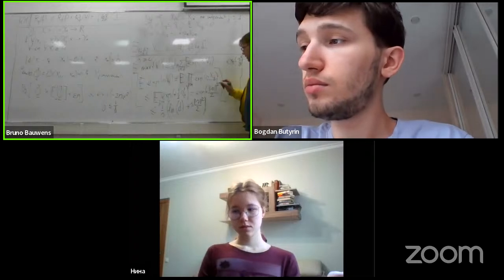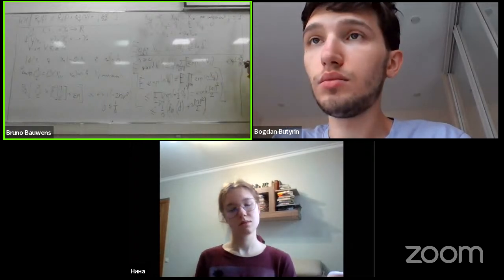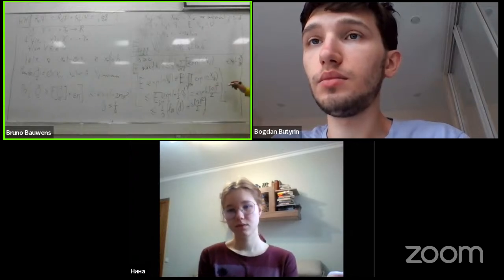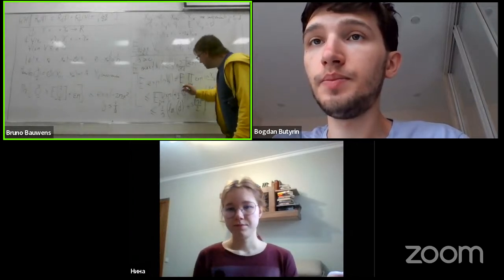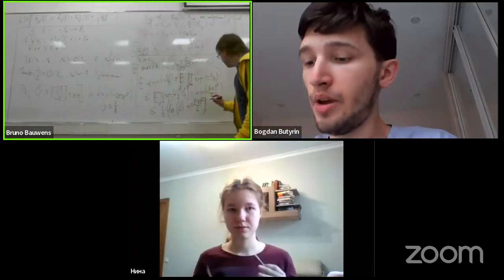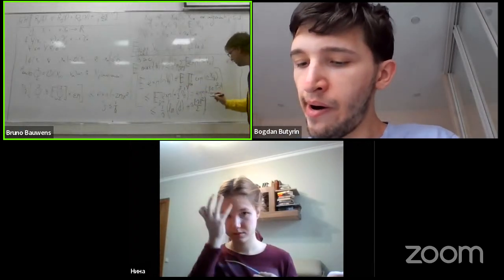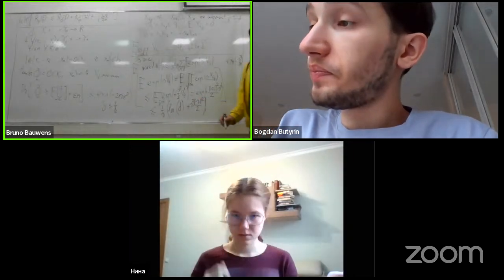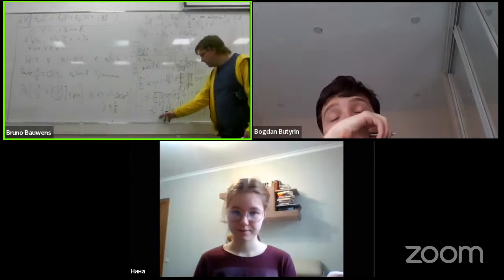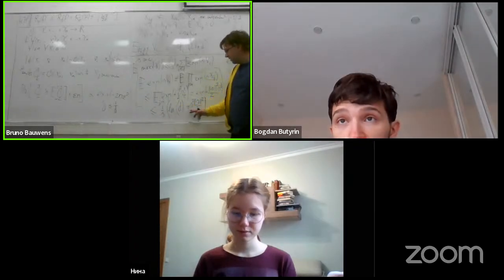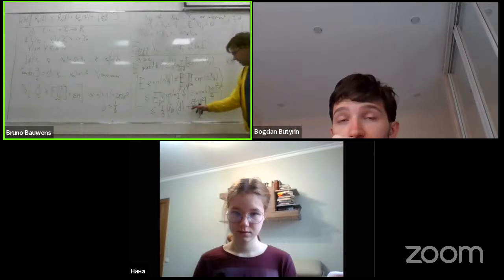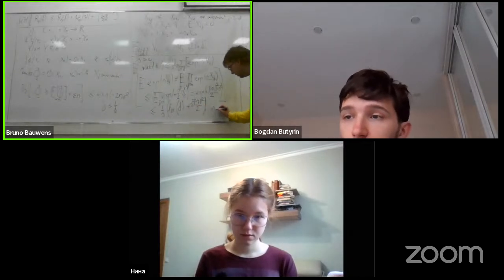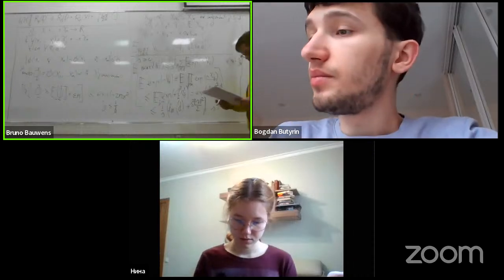Sorry, I need to recalculate. So there is s squared here. So I forgot also the s squared. We have an s squared here. Okay, and so now we have a term that is proportional to 1 over s, and here a term that's proportional to s. And so the optimal value is obtained for s equal to